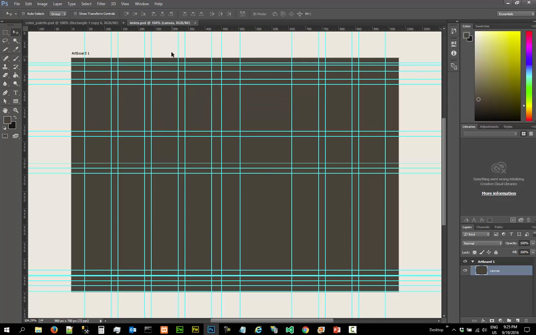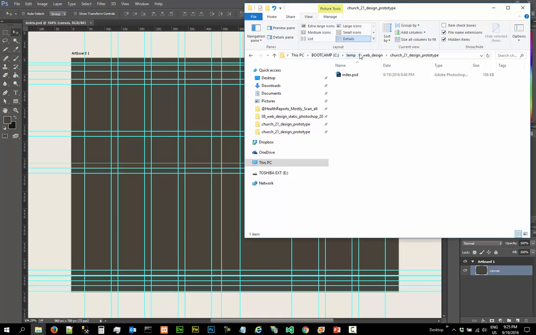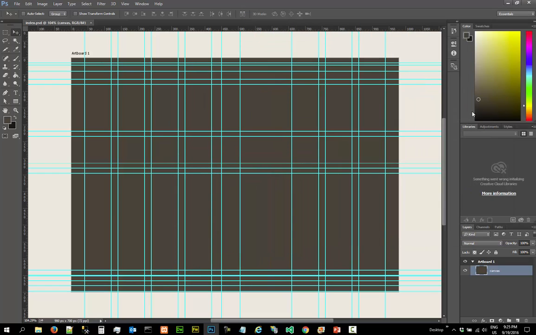All right, this is where we stopped. Let me close all the extra stuff. This is where we stopped, the index.psd file. It is in the C10 web design, this subfolder, and this is the file size right now. Okay. Before we move on, we are going to create a couple of groups